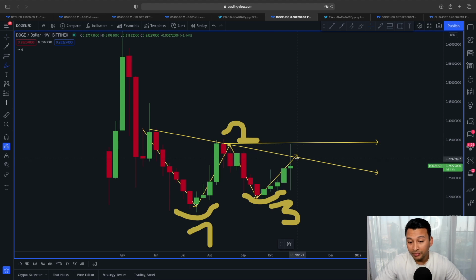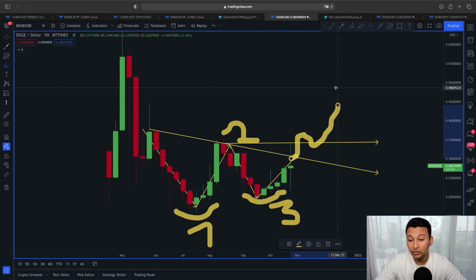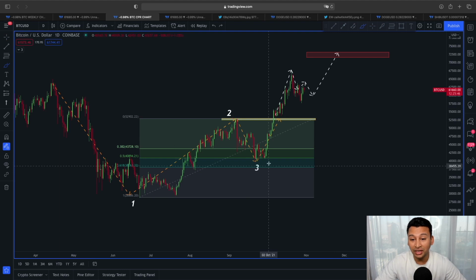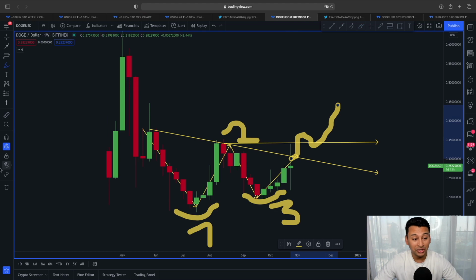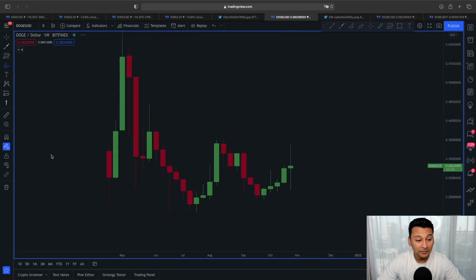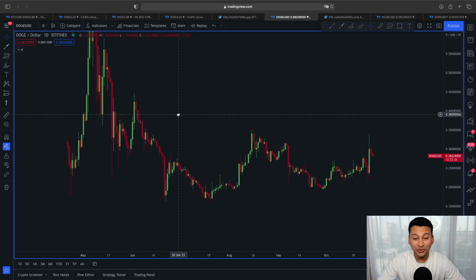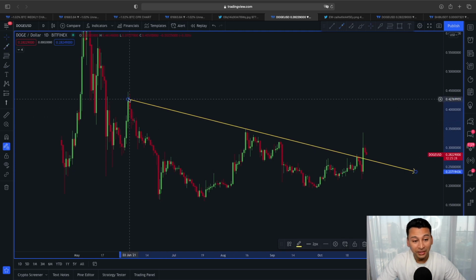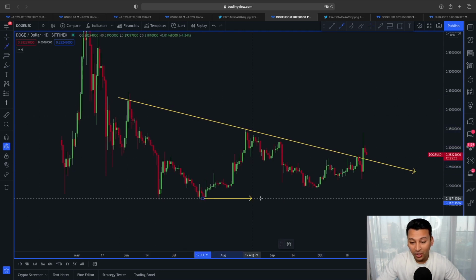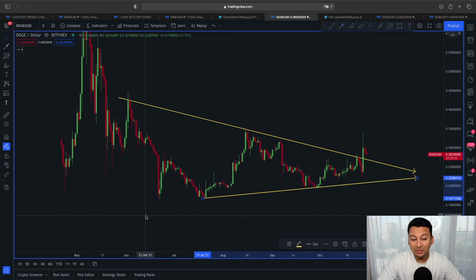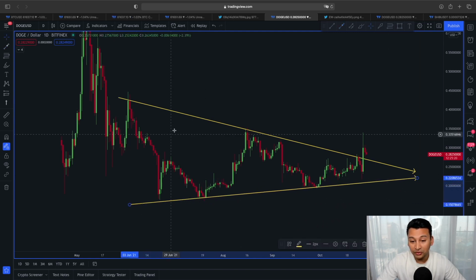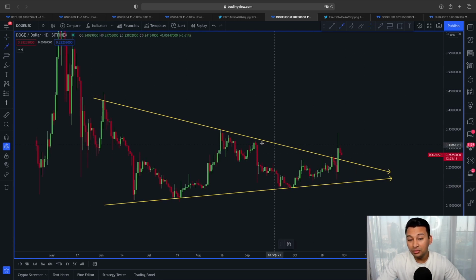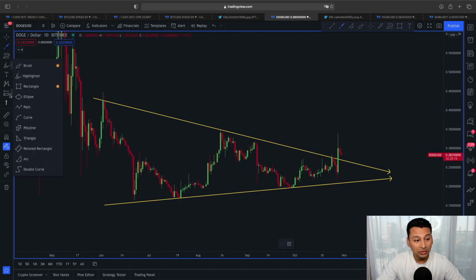Because if we do flip this resistance into support, also according to this 1, 2, 3 reversal, just like here with Bitcoin price action, right, you can see the price of Dogecoin will start this new rally to the upper direction. And if we look at this in a daily time frame, let me show you another interesting scenario that could be playing out here. Because if you look at this falling trend line, guys, and monitor this price movement a bit carefully, this also looks like a very nice symmetrical triangle breakout type of scenario, because the price of Dogecoin here has already broken out of this previous temporary resistance line.